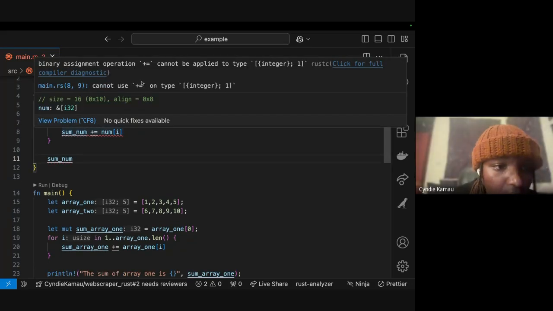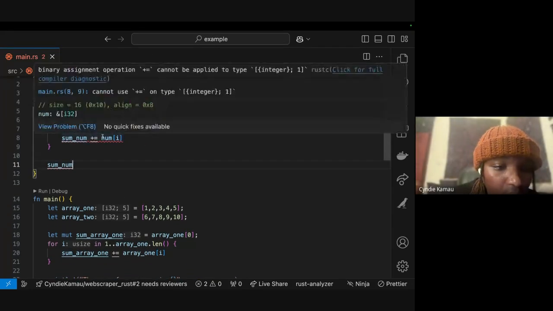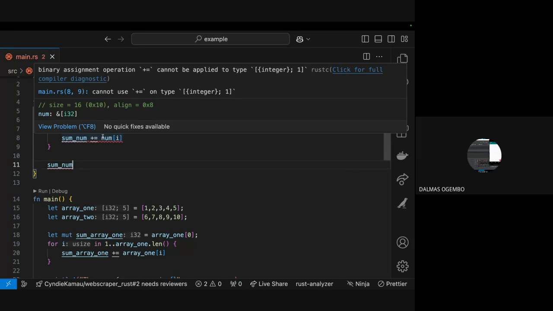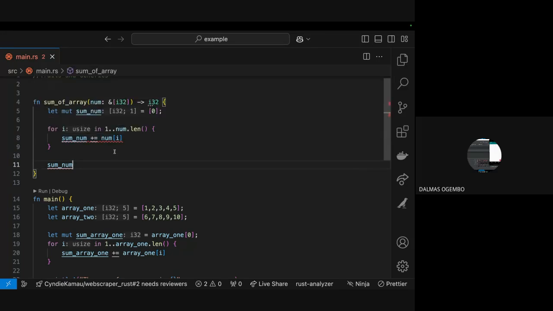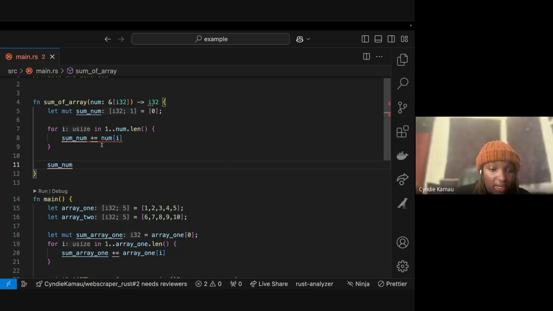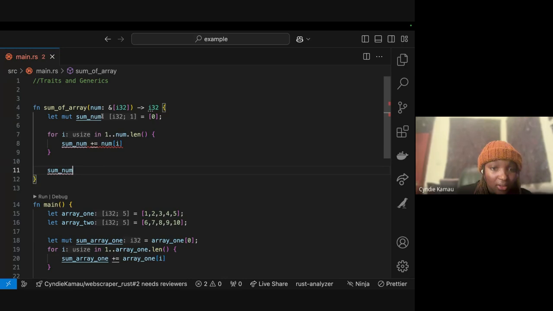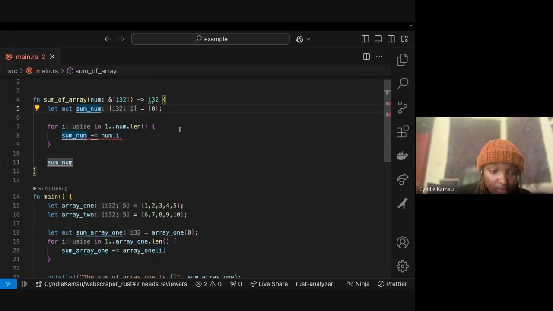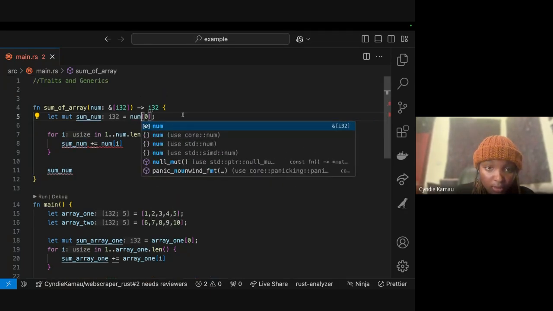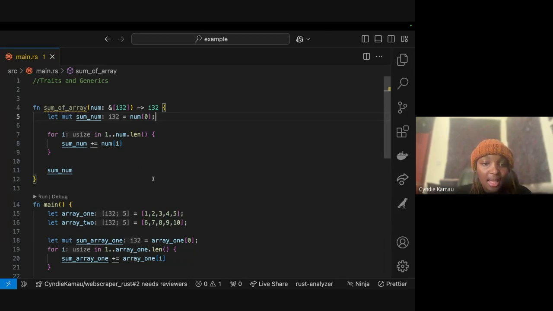Okay, binary assignment operation. Sum num is an array, and you are adding an integer to it. Oh, right, sorry. Oh my God, I confused it. It was supposed to be equals. Yes, I've seen where I made a mistake. I had forgotten to initialize it here.